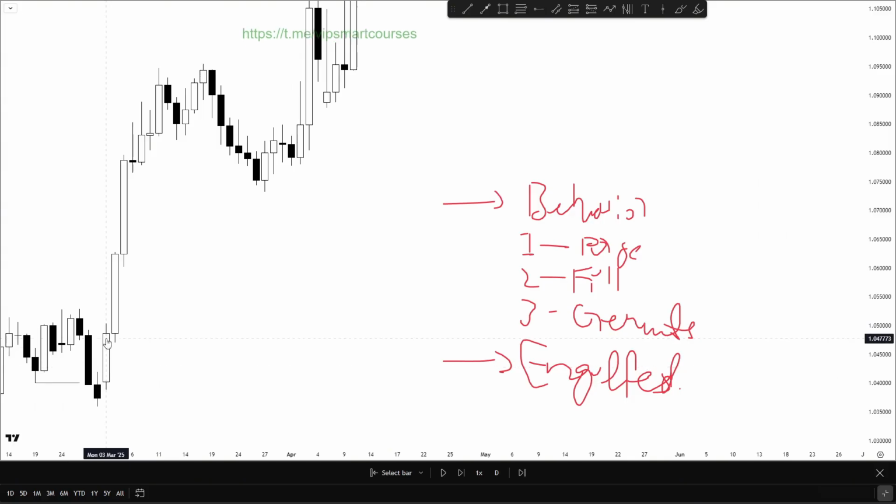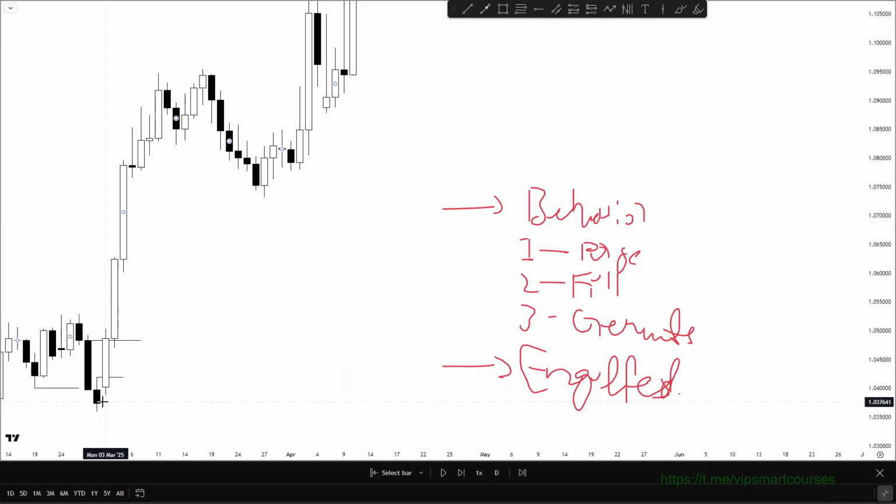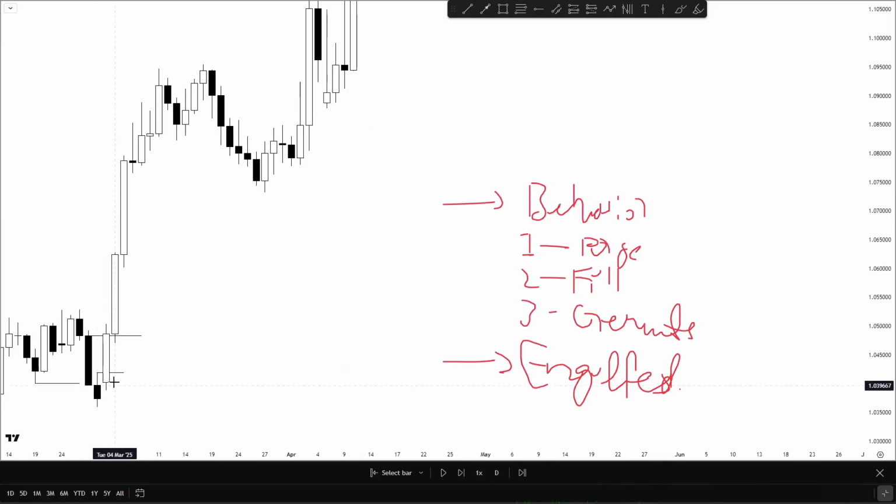So first of all, you can see that price closed above here and closed above this candle along with this candle as well. So when these two candles as a whole got engulfed, these two candles together turned into a single order block. And then you can see price tested it and then we expanded higher. Now in this case, if you had chosen this candle as an order block, then you would have been wrong. The reason for that is that price closed above these two candles together as a whole,